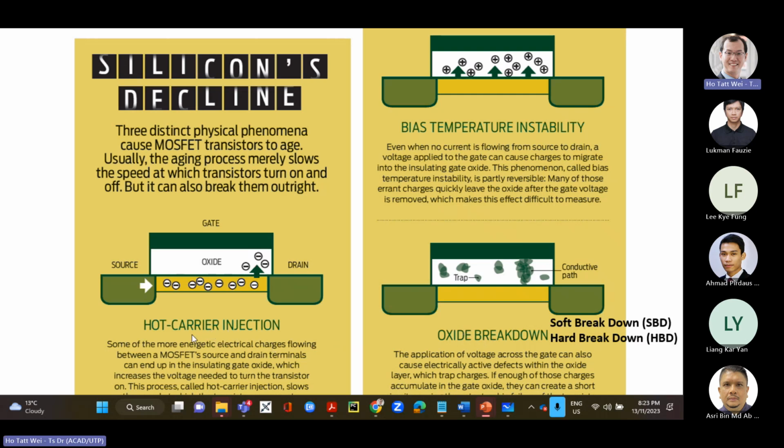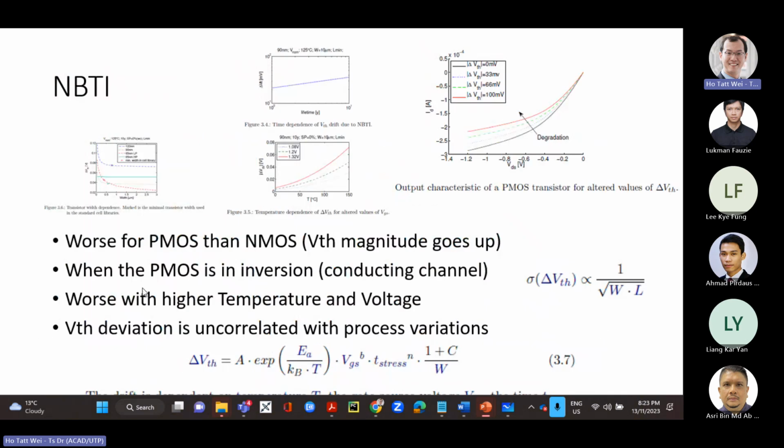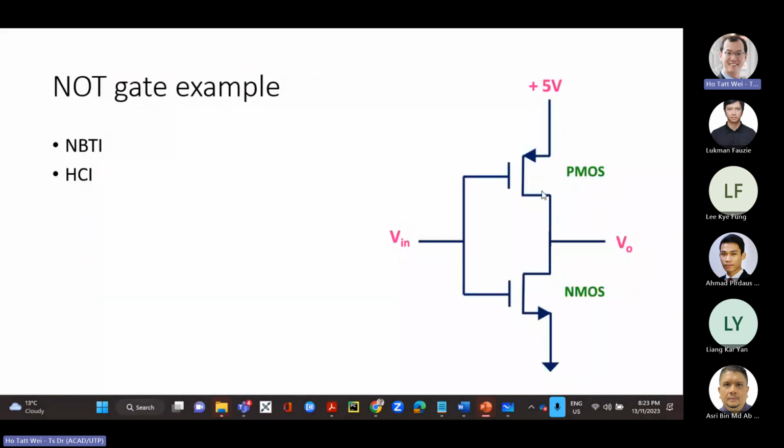Okay. What happens in hot carrier injection? They are energetic. They are very, very fast electrical charges flowing here. Why? Because when you apply a voltage on the gate to source, there's a channel. A lot of the free carriers in this bulk region go up here, they form a conducting layer. And then there is a voltage from the drain to source, right? So you have a voltage here, carriers form here, then you have a voltage drain to source here, right? It could be 3 volts, 5 volts and all that, because the channel is very small.